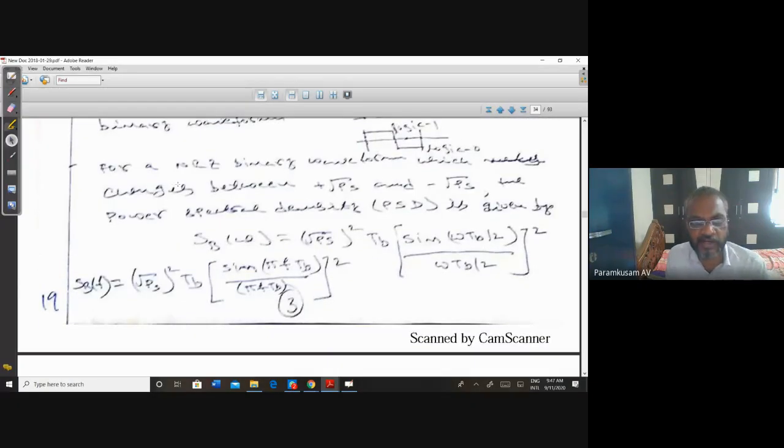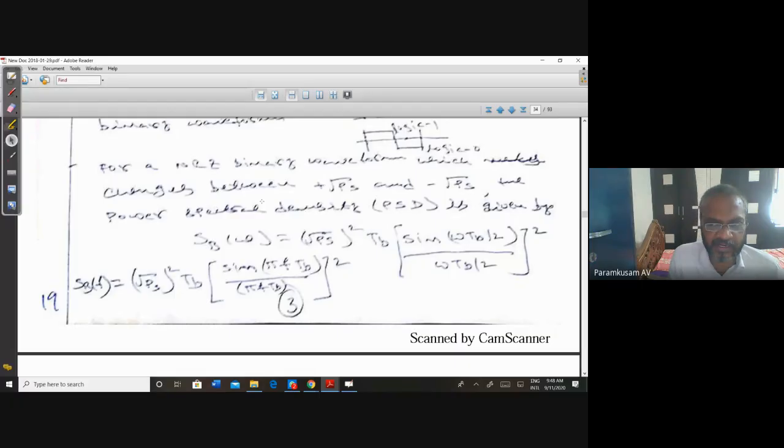For a non-return to zero binary waveform, which makes changes between plus root Ps and minus root Ps, the power spectral density PSD is given by